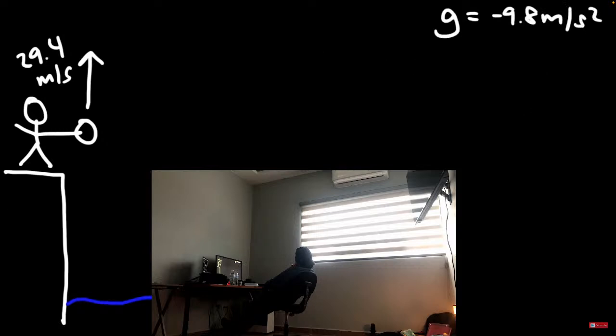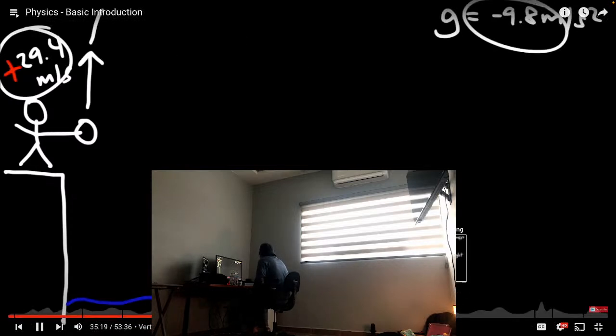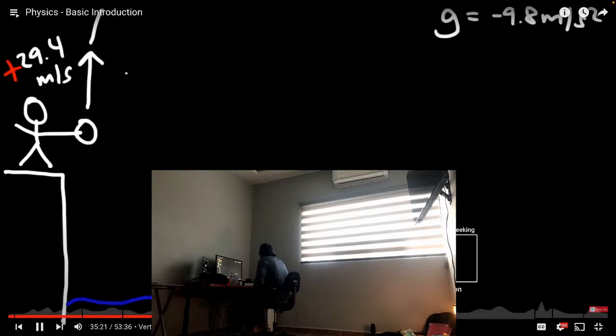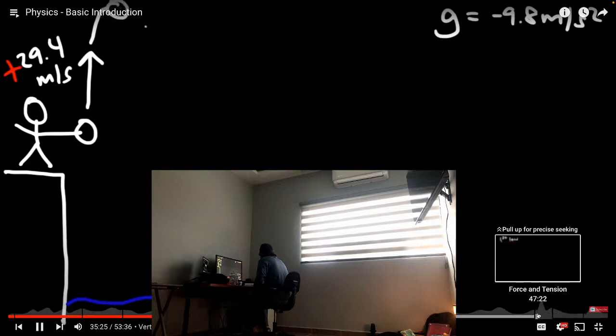So even though right now the velocity is positive, because g is negative, the vertical velocity will decrease. So as the ball goes upward, it's slowing down because the velocity is positive and the acceleration is negative. Because they're opposite in sign, the ball is slowing down. Eventually, the ball will reach its maximum height, and then